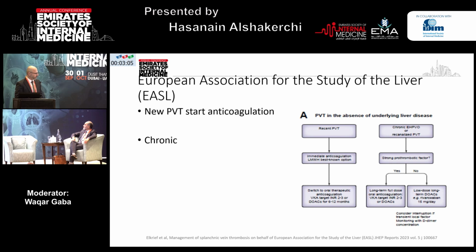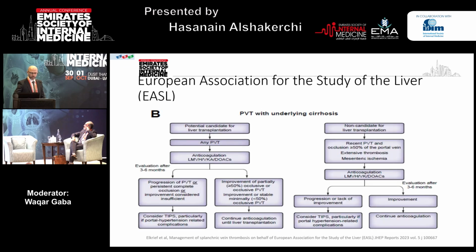However, they suggested in some groups you might consider a lower dose. And out of interest, they gave rivaroxaban as an option of treatment. If the patient has underlying liver disease and is a candidate for liver transplant, not necessarily on a waiting list, some centers treat as long as the patient fits the criteria for being a candidate.